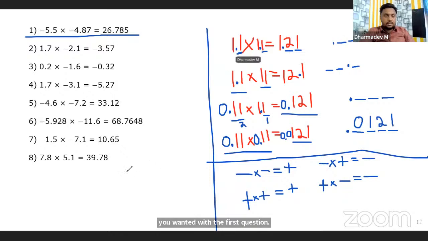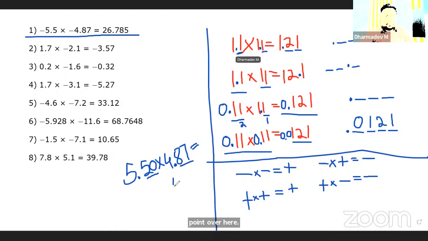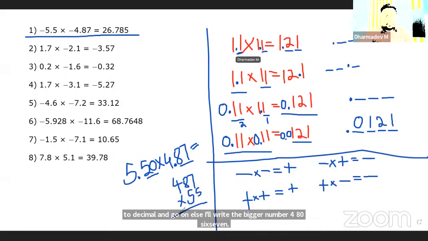It's just a multiplication. I'm going to multiply 55 times 487. I have a decimal point here, and one over here. Where I don't have a decimal point, I can write 0, which means it's balanced, two decimals, and go on. Otherwise I'll write the bigger number 487, multiply it with 55 and go on. Your answer will be